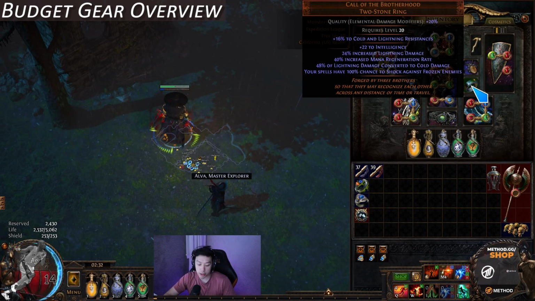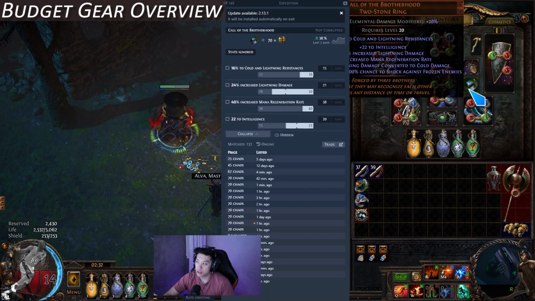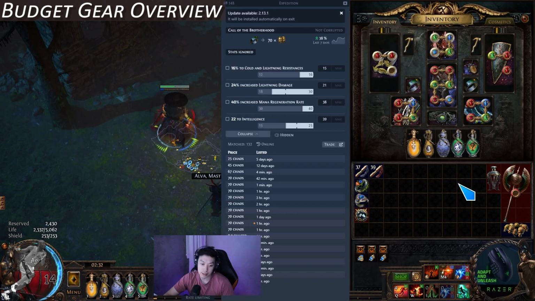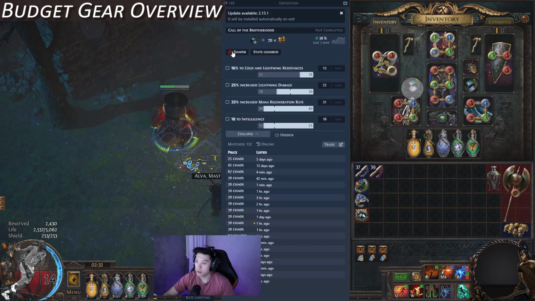Now, Call of the Brotherhood is extremely affordable. As you can see, I don't even have a shaped Call of the Brotherhood in both slots, but you can see it runs around 65-70 chaos. If you were on a super budget, I would not go for 2 shaped Call of the Brotherhoods right away, as I think shaped Call of the Brotherhoods are...